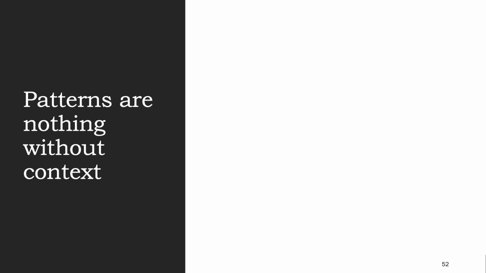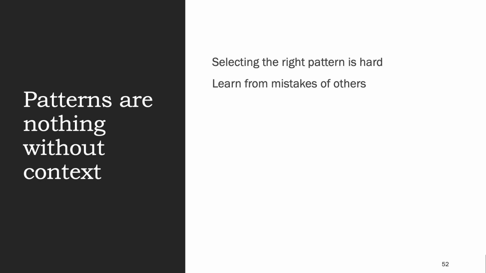Architectural patterns and tactics can help the designer in planning for quality concerns. But patterns themselves are nothing without the context of the domain where they are implemented. Further, there is no guarantee that the architectural pattern is selected correctly. In fact, many scholars argue that selecting the right pattern in a given circumstance is incredibly hard. Therefore, it is vital to also learn from each other's mistakes and examine some of the bad practices in service-oriented design.